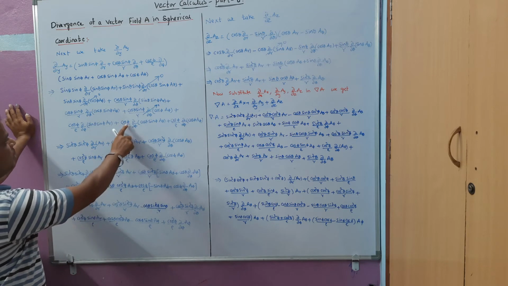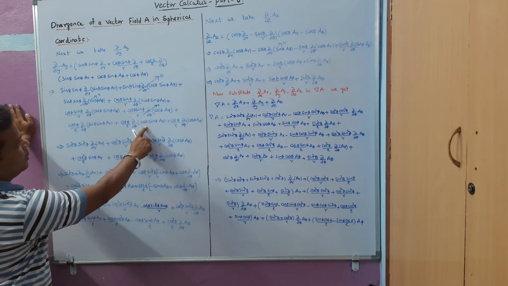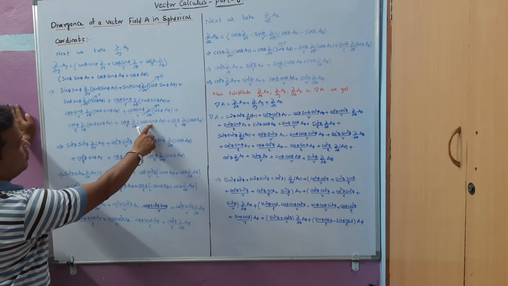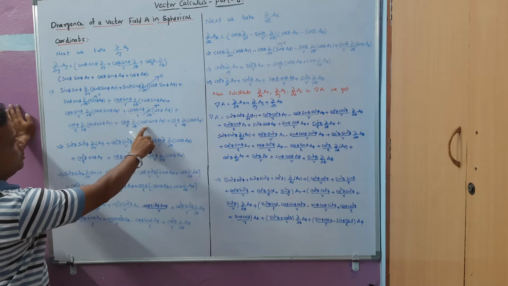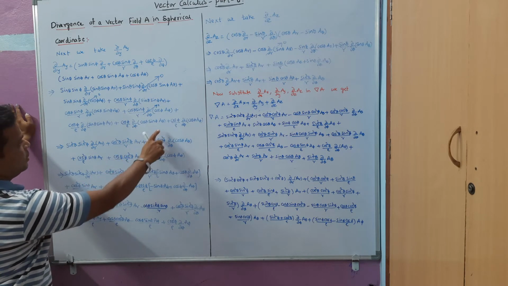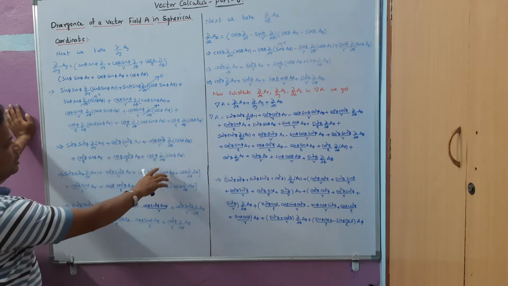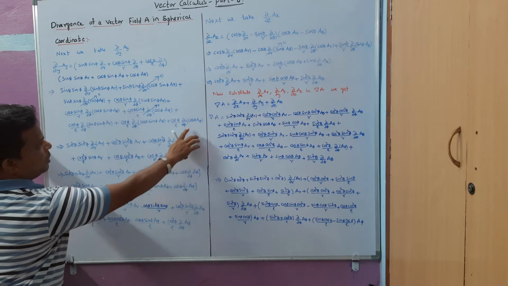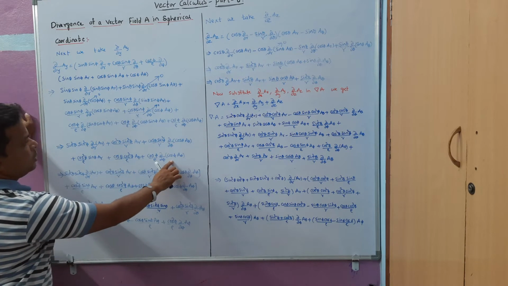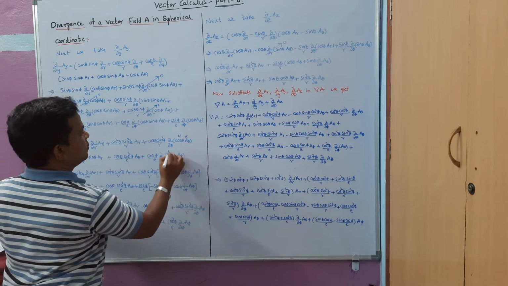Similarly, cos phi by rho, del by del phi of this one: phi with respect to phi means sin phi is cos phi here, that is cos square phi cos theta into sin phi, that is a theta here we will get. And we don't have any uv formula here. Next from here, cos phi by rho del by del phi of cos phi into a phi, again we have to use the uv formula here. So at these two places we have to use the uv formula.